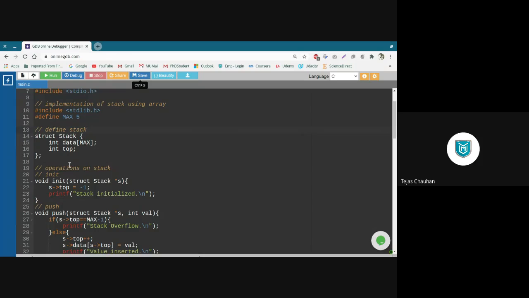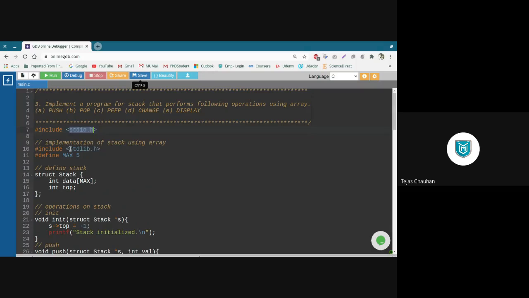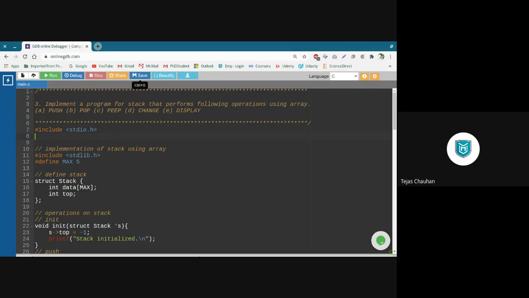Just like you have never seen what is inside stdio.h, or what is inside the stdlib.h file. Similarly, I'm going to define a stack.h file, and you will include that stack.h file. So you will never see what is inside stack.h. Just as you use printf and scanf, in the same way you will use the push, pop, peep, init, change functions, and that makes it abstract.